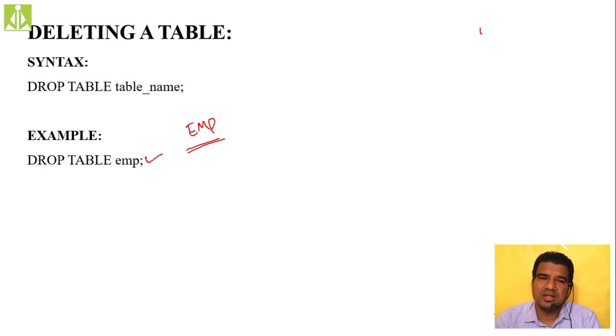You can install the Windows XP version of Oracle 10G XE by simply downloading the suitable version from the internet. Just type Oracle 10G XE for Windows XP, like that you type. Then download the proper version from the internet and you can install it on your Windows XP operating system. For Windows 7 and Windows 10, whatever installation procedure I have shown, that same thing will work. No difference in that one.